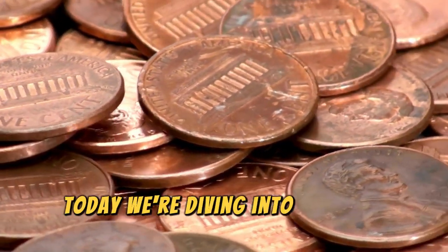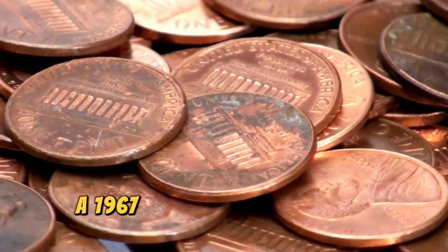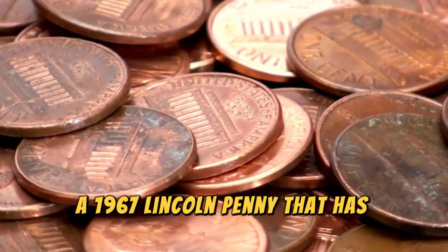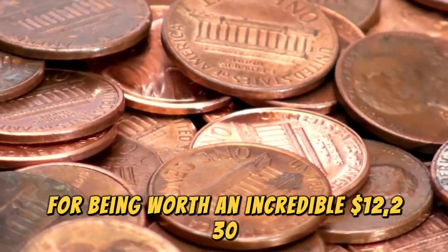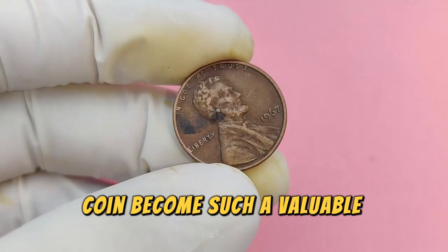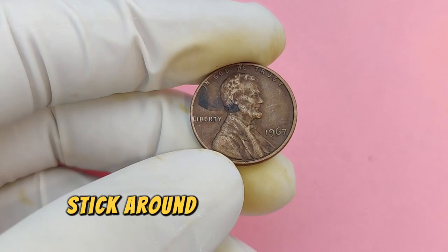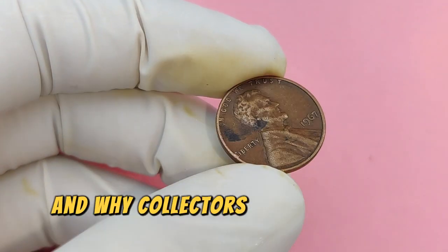Today, we're diving into a hidden gem from the past that could be hiding in your spare change, a 1967 Lincoln penny that has recently made headlines for being worth an incredible $12,230. So, how did this 1-cent coin become such a valuable treasure? Stick around as we uncover its fascinating history, what makes it unique, and why collectors are willing to pay a